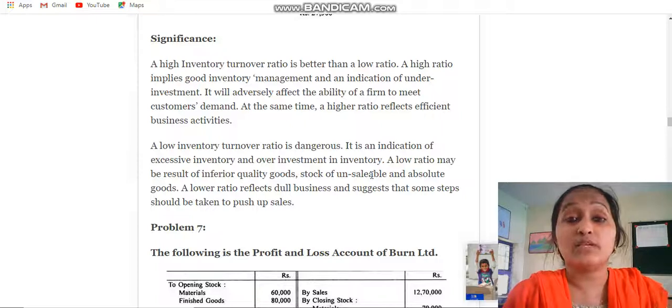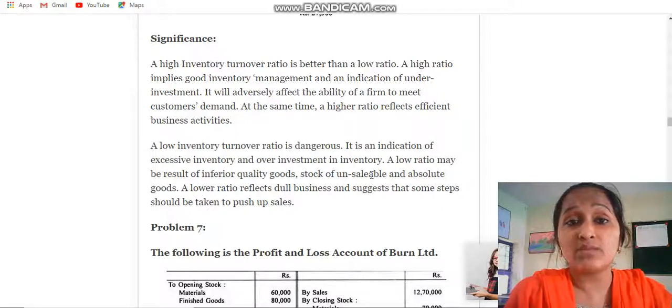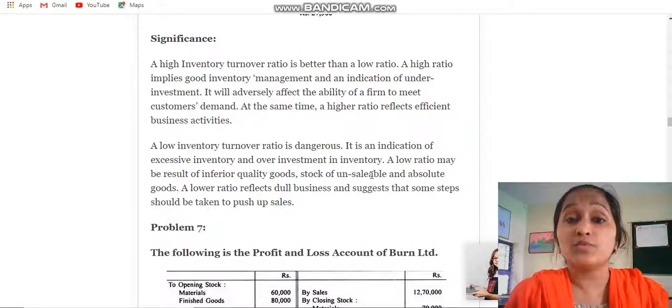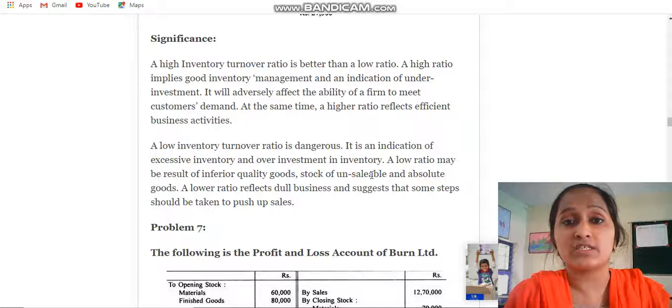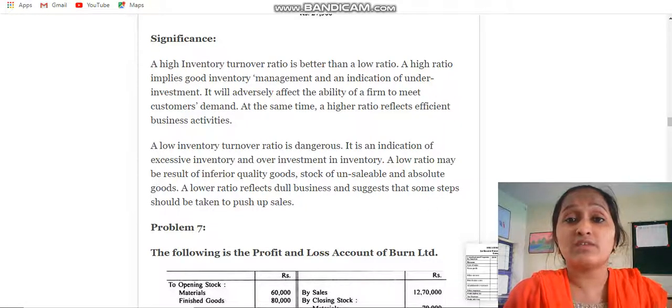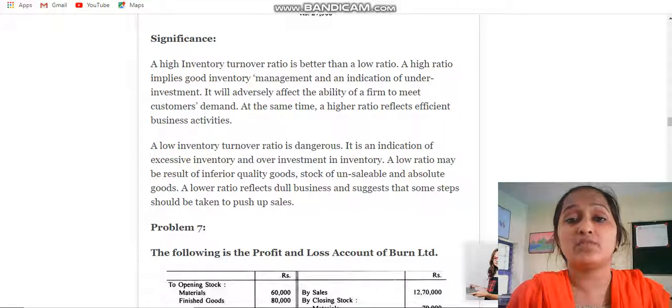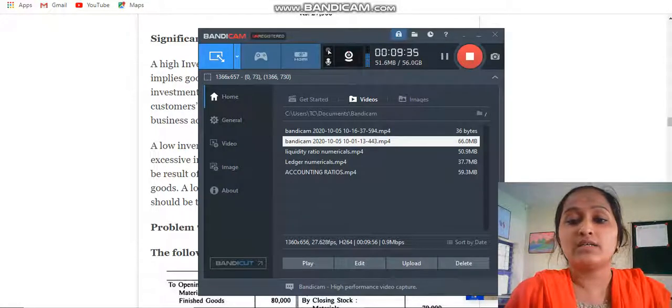So I hope I am clear with all the content of today's class. We'll have a discussion in the next class with a different topic and a different numerical. Try to solve at least 3 to 4 problems on each and every ratio, because one problem won't be similar to another, and the calculation will also differ. To have clarity and confidence on each ratio, properly go ahead with the formulas and the calculation, which will help you a lot. We'll meet in the next class with a different topic. Till that time, take care, dear children.